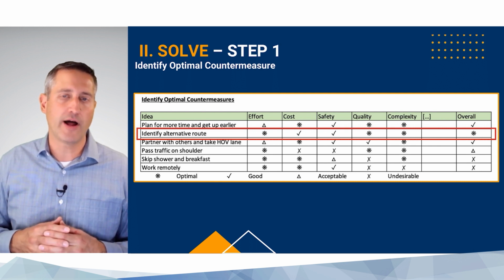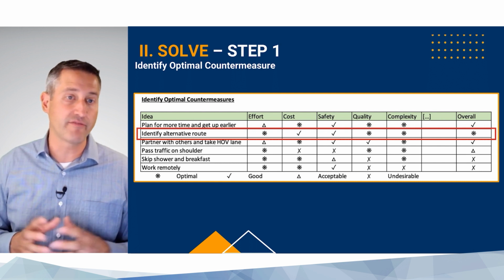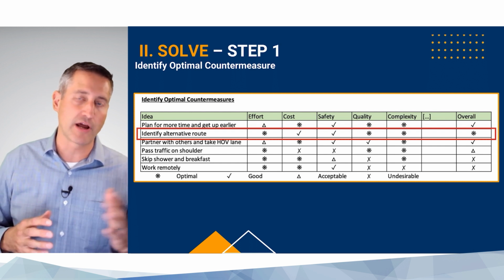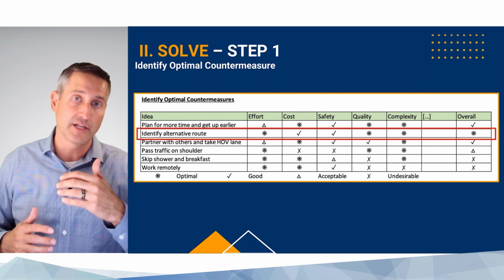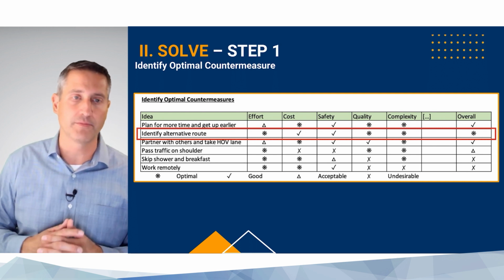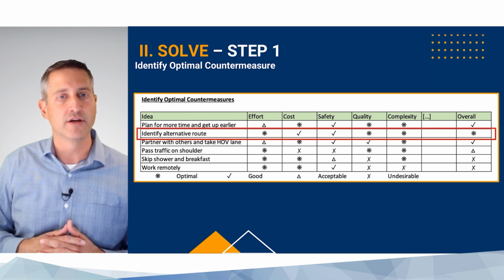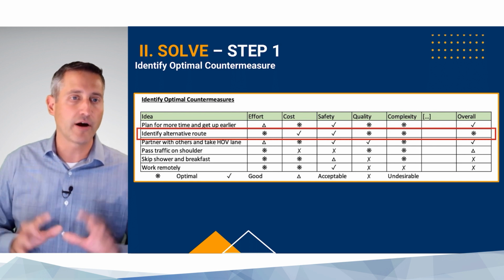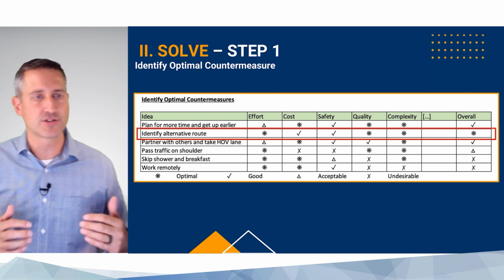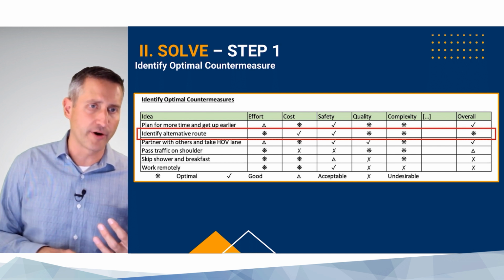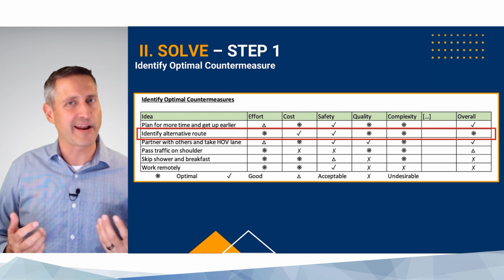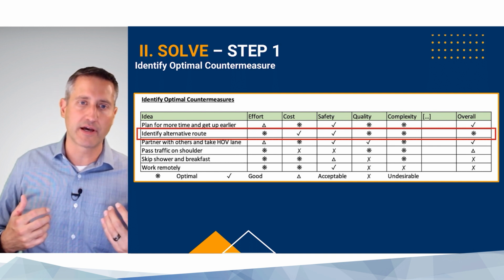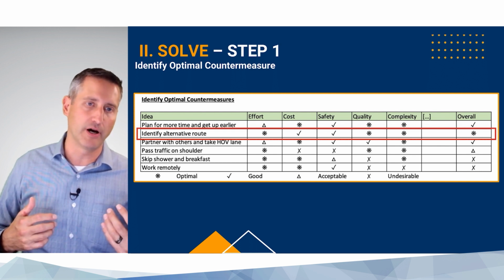How about identify a new route? Well, there's not a ton of effort, right? There's not much cost in it. Maybe I'm driving a little farther using more gas, but I'm driving faster. There's less traffic, so I'm making it to my destination more quickly. And so ultimately, you could see at the overall there, that's my optimal score. Now, I don't know that until I get to the end, and so I might consider partnering with others, but gosh, there's going to be a lot of effort in that because I'm going to have to coordinate schedules. That could be a real challenge.